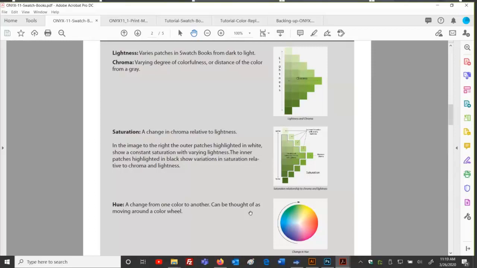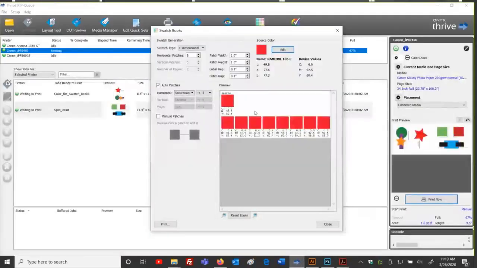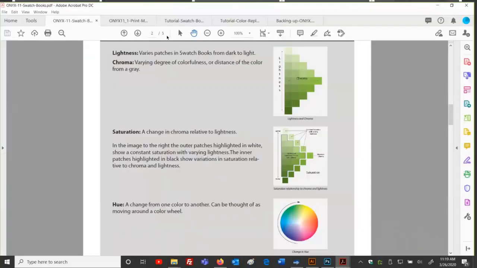So out of all of these changes, this is where we can control and vary our source color, be it a Pantone, for example, I'm using my example here of Pantone 185C, or be it a recipe build, or be it a swatch measure with our spot measurement in LAB from our i1 device. We're pulling in color and we're varying it. This is the degree of how we are varying it. These are the terms that we're using when we vary this information.